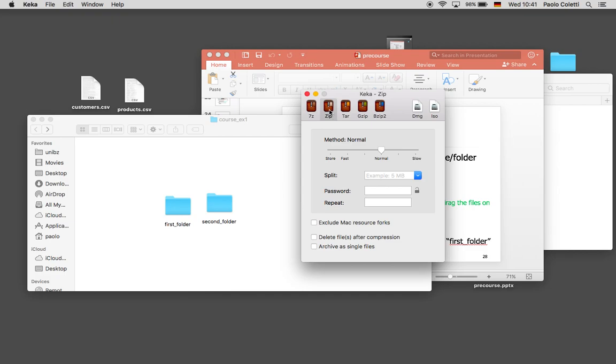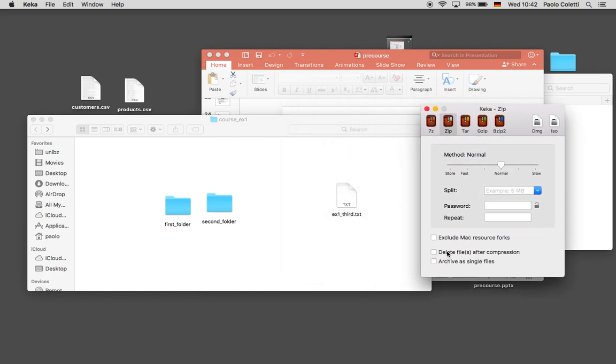Okay. I choose zip. Always choose zip. The other ones are less popular, and if you give your file around with the other format, you may find people who complain that they are not able to open them. So always choose zip. Don't select the things here, please. Choose normal, unless you want the compression to be slow and thus the file thinner, or the compression to be fast and thus the file larger.